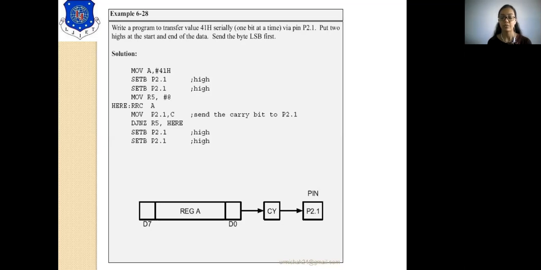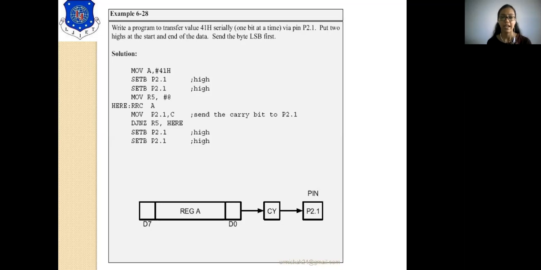Let's load 41H into a register, so you are moving the accumulator with 41H. Now set port 2 pin 1 high so that it is ready to receive your output. Whenever you want to receive any output or write data, you have to set that particular port pin high.